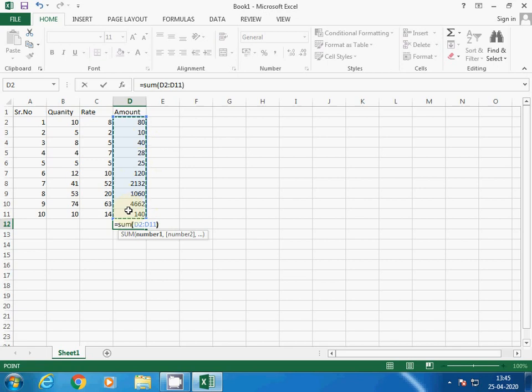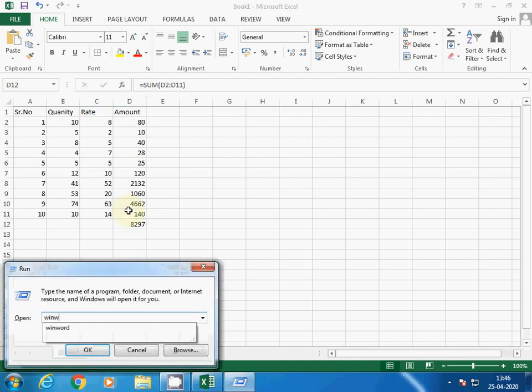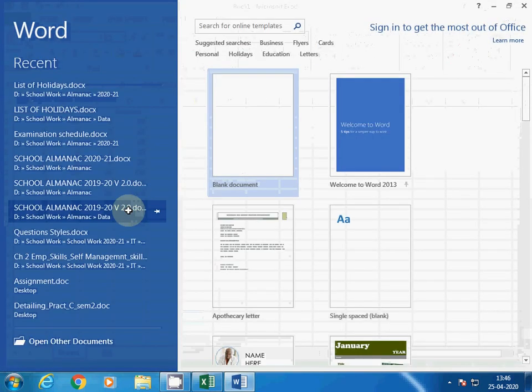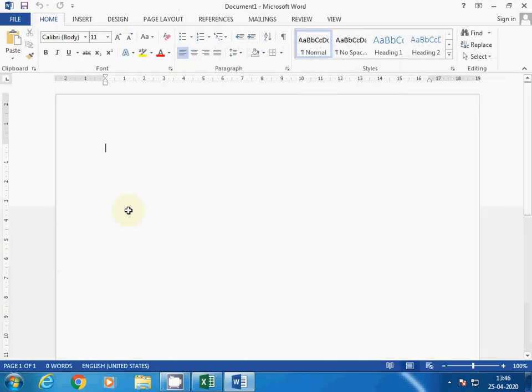You can find D2 colon D11. It is written in this manner, D2:D11, and that is called a cell range. Here you will get the total of the above rows. This way you can use cell and range references. Now basically Excel provides three kinds of cell references.